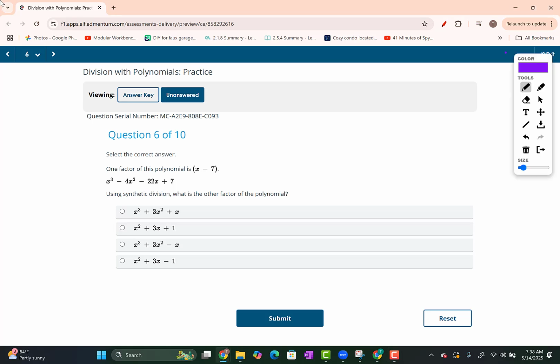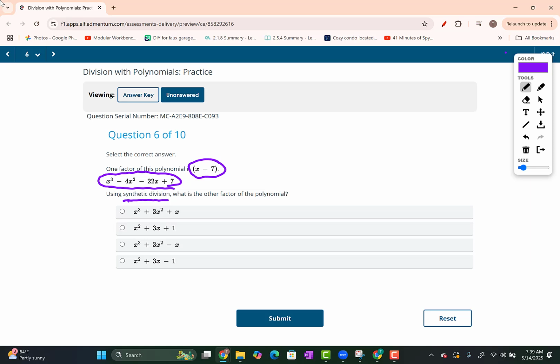Question 6. One factor of this polynomial is x minus 7. Here is our polynomial that we're dividing by x minus 7. It says using synthetic division, what is the other factor of the polynomial? Okay, so the key to synthetic division is first we need to find the root of our